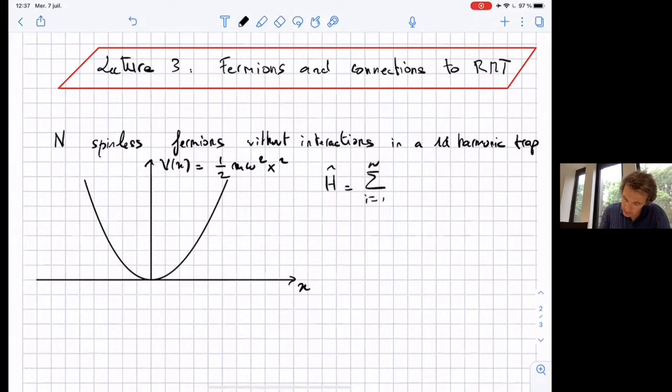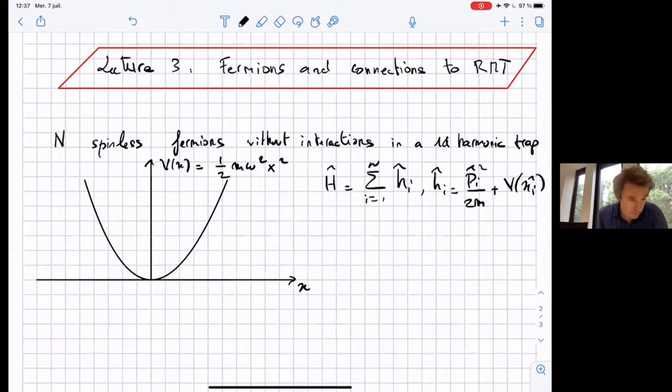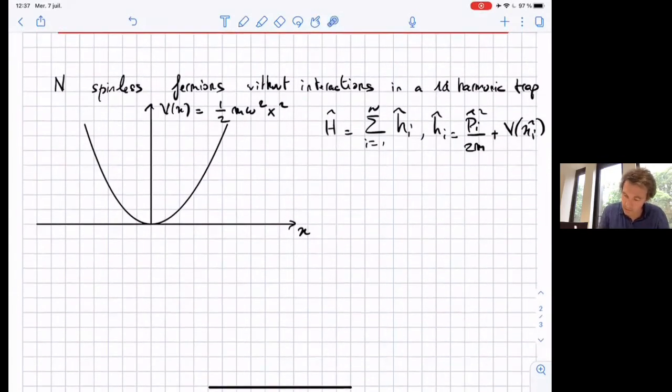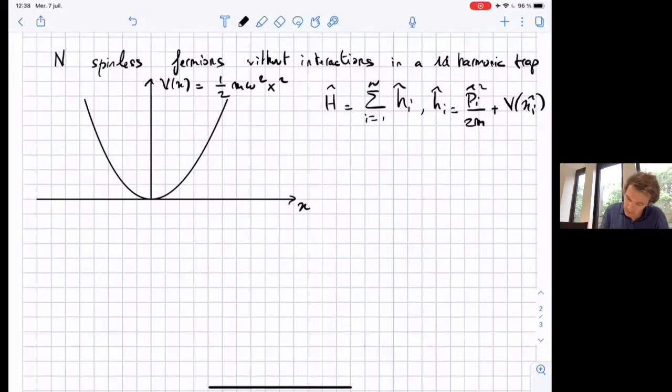of single particle Hamiltonians h hat of i, and each h hat of i is just p_i squared over 2m plus this potential v of x_i. Okay, so that's very simple. And of course, the first thing that I need to understand is the eigenstates of this single particle Hamiltonian. Okay, so that's a textbook problem, but let's just proceed and write explicitly